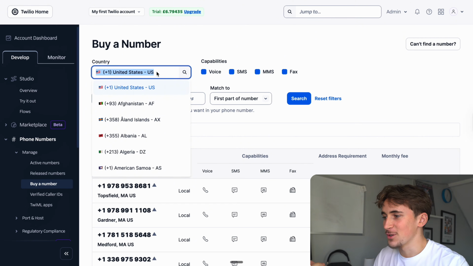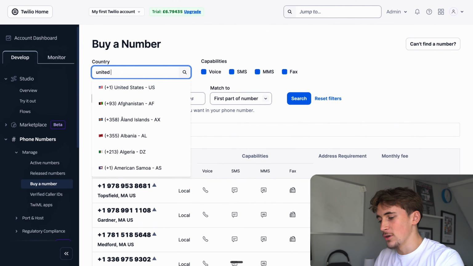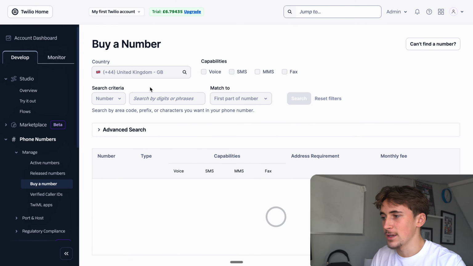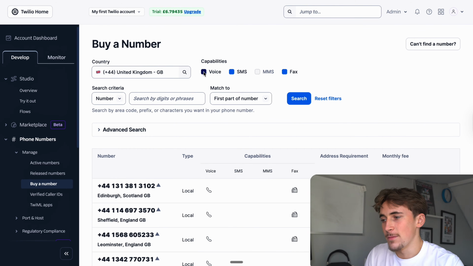So you can first choose the country. For me, I'm going to go United Kingdom because I'm from the United Kingdom. And then up here, you can just select the capabilities that you want. So you've got voice, SMS, MMS, or fax. And for this video, it's just SMS, so we can turn off fax and voice, and then we can hit